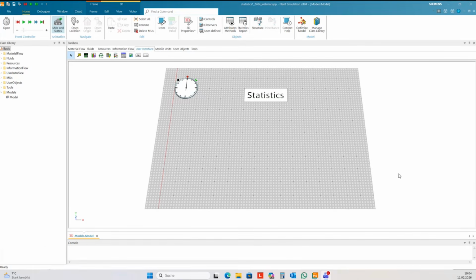I create a very simple model for demonstration.